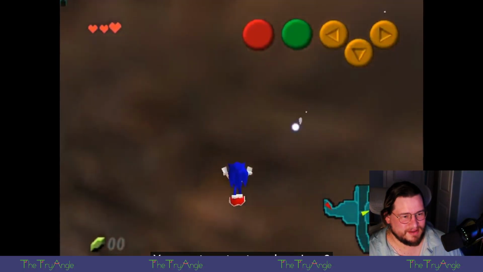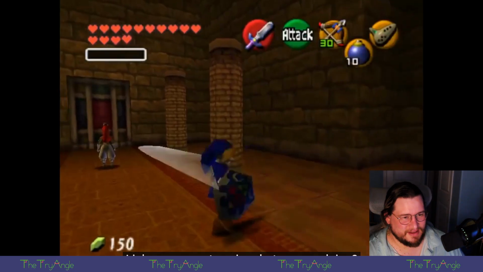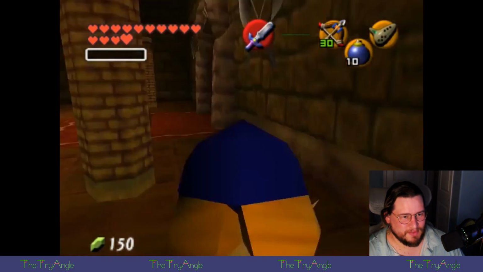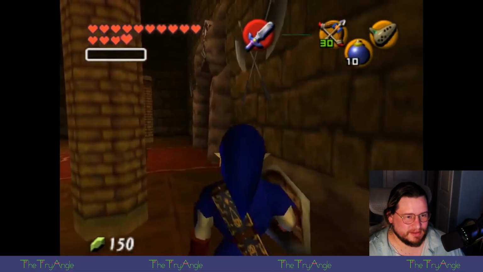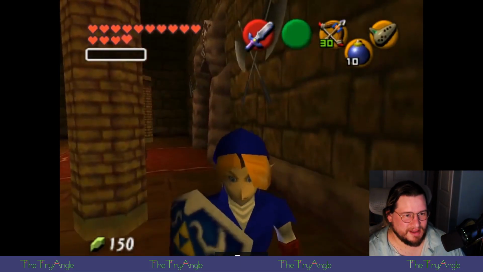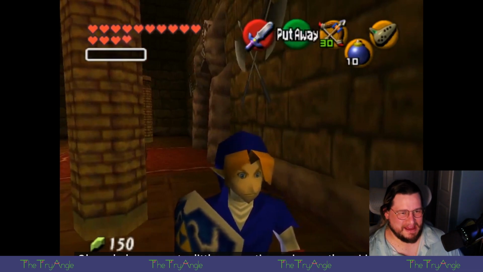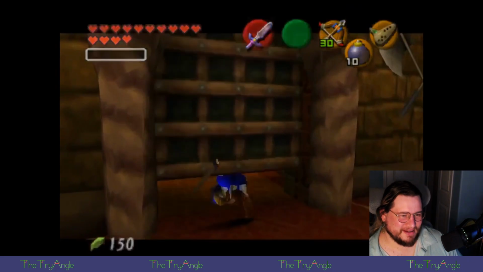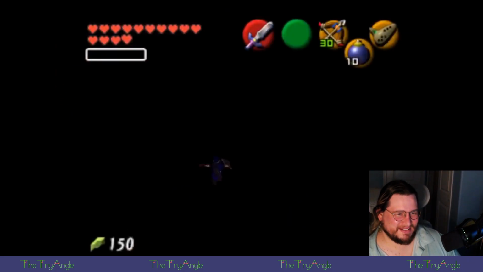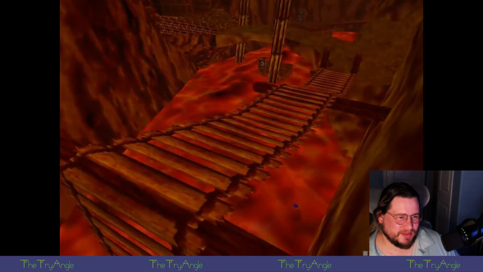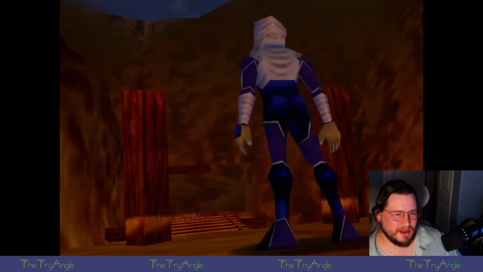You want me to stay where I am? Okay. Link, you are not Sonic. What are you doing? Look at that Link debug face. It's so derpy. Oh god, you got a little corruption going on there, Link, huh? What the hell am I doing here?